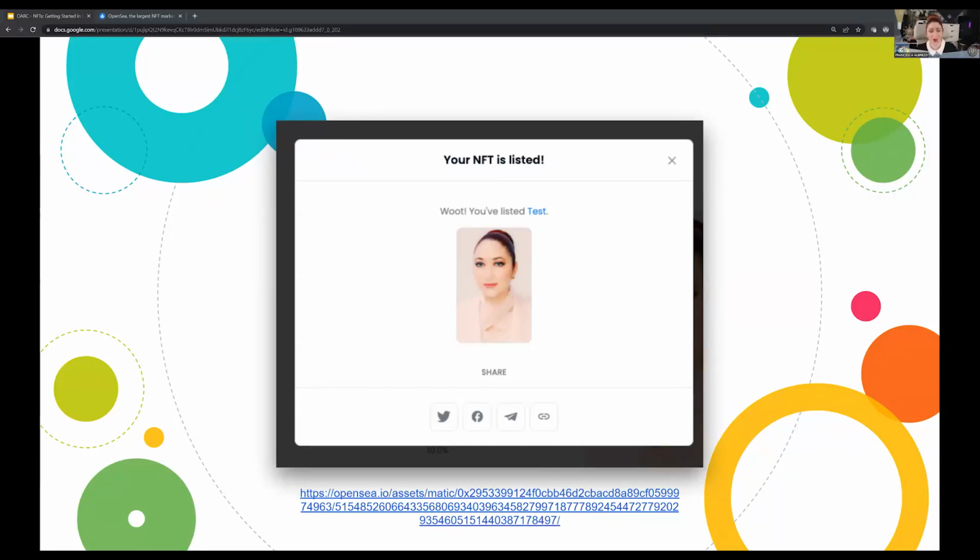Does anybody have questions about that? Or did I lose anyone in those last couple of steps? No questions? If you did mint an NFT, feel free to share it in the chat. You can click on the link and share it with us, and we can all see your NFT that you chose to mint. By all means, that would be fun.